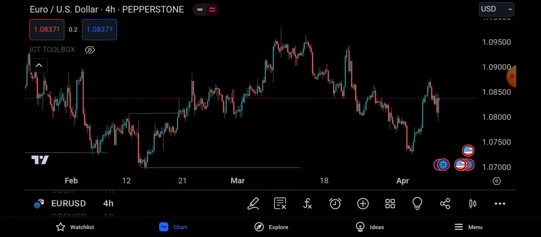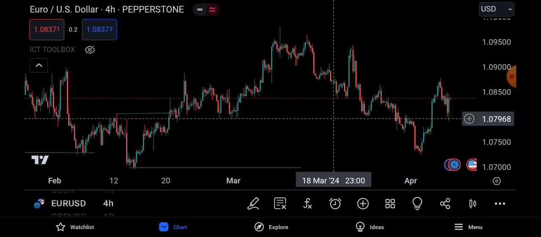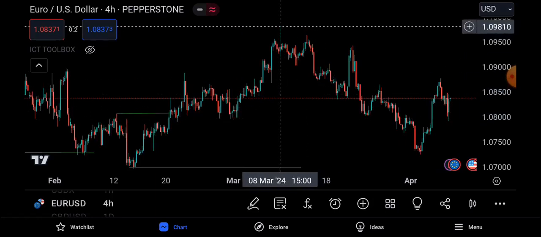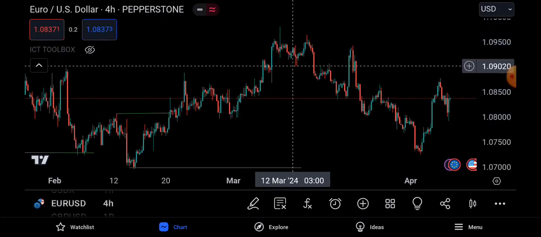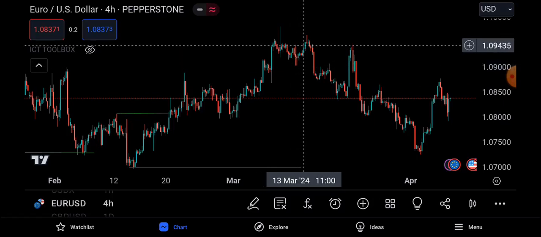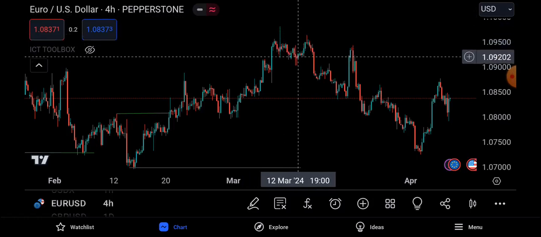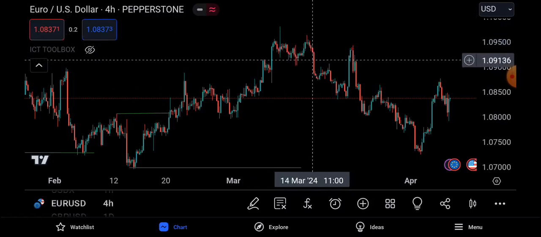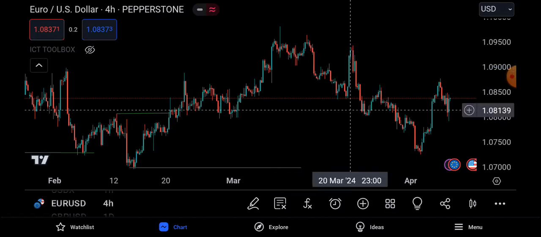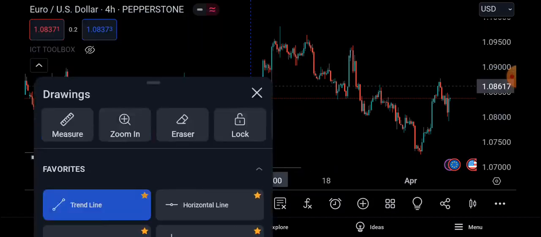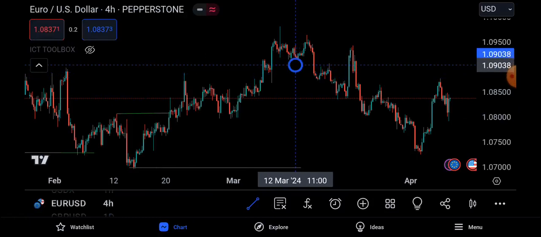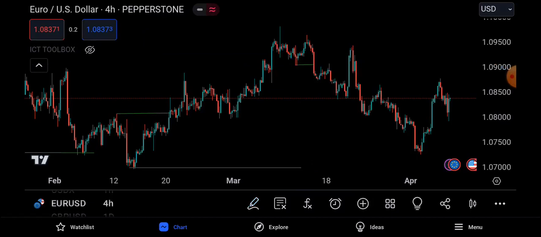If you want another example, remember I said sometimes it could look a little different. Here's another one. So this would be what I consider as the high. Then this would be the lower high being created, but notice how this did not go above, it stayed within this wick, and then we get a break of here with displacement here, leaving a fair value gap. So this would be the other example of a market structure shift that I gave you right there. So I've given you examples of both market structure shifts,